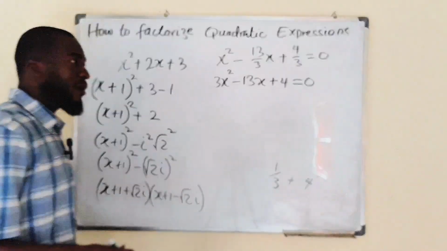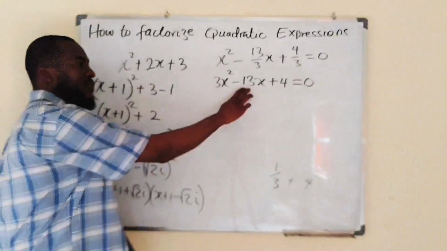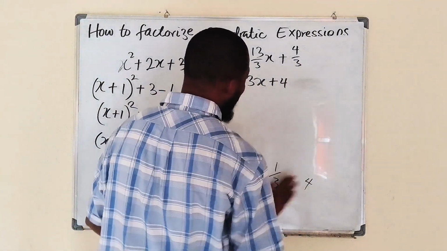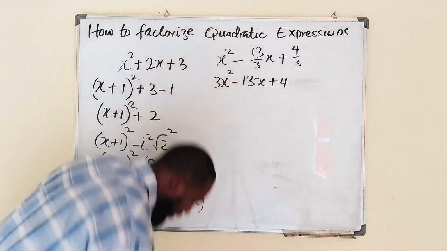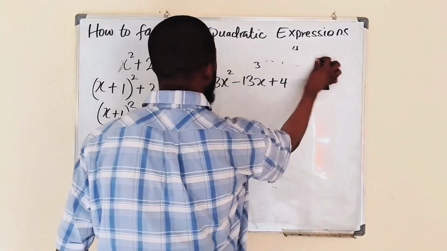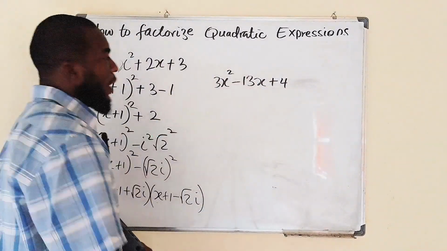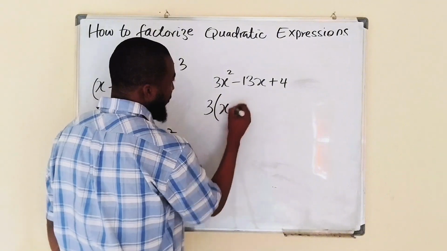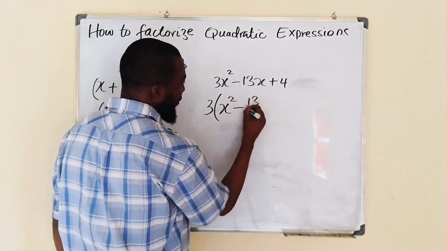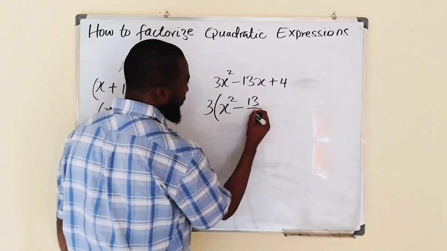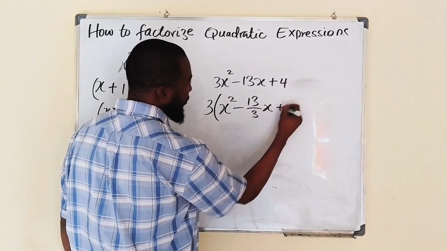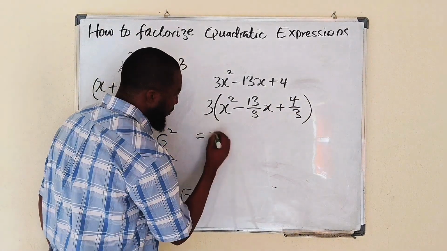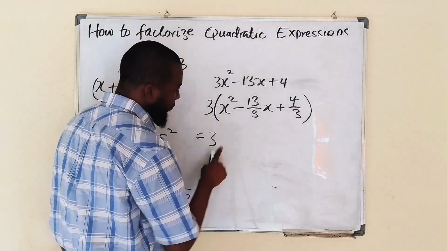Just an example. Sorry, this is not an equation. So let's factorize this. I don't want to see this 3, let me bring it outside. So we have x squared minus 13 divided by 3, x plus 4 divided by 3. This is equal to 3 multiplied by